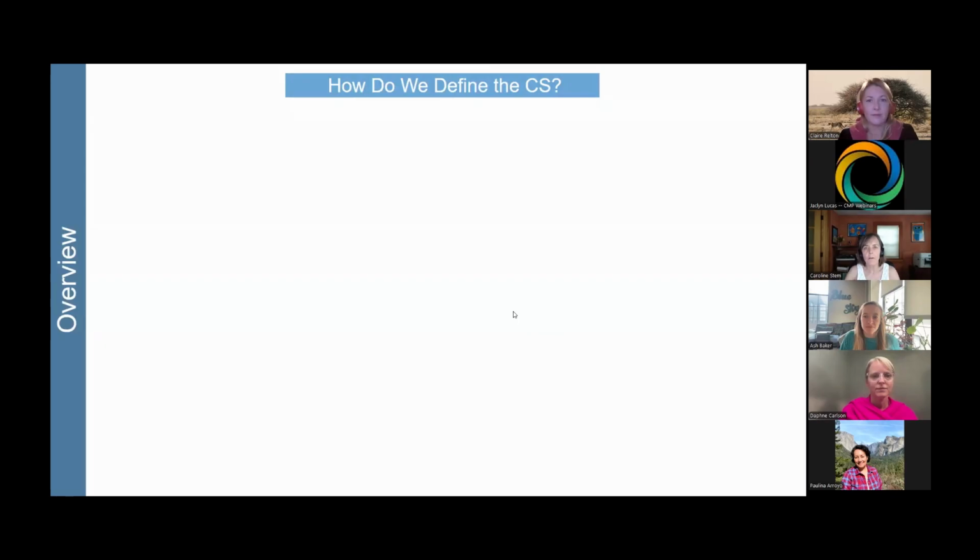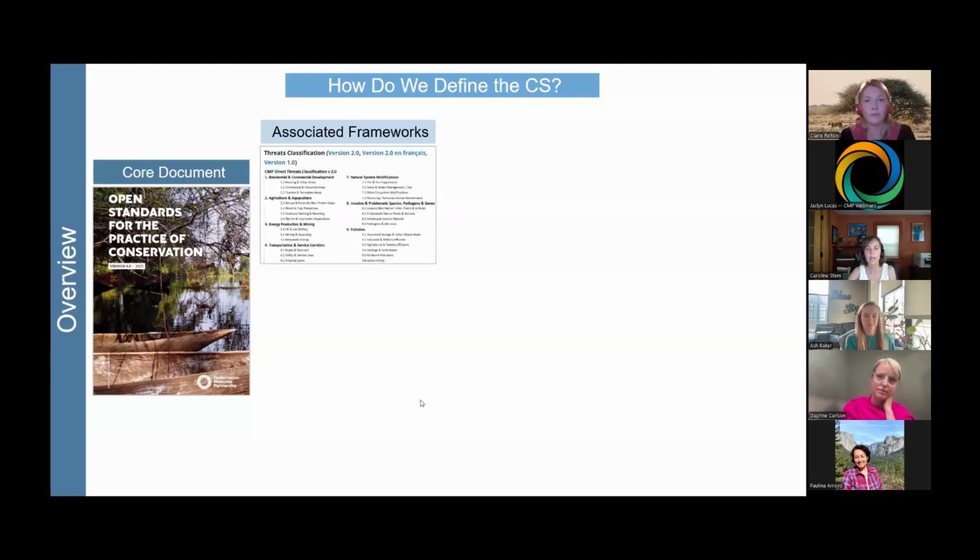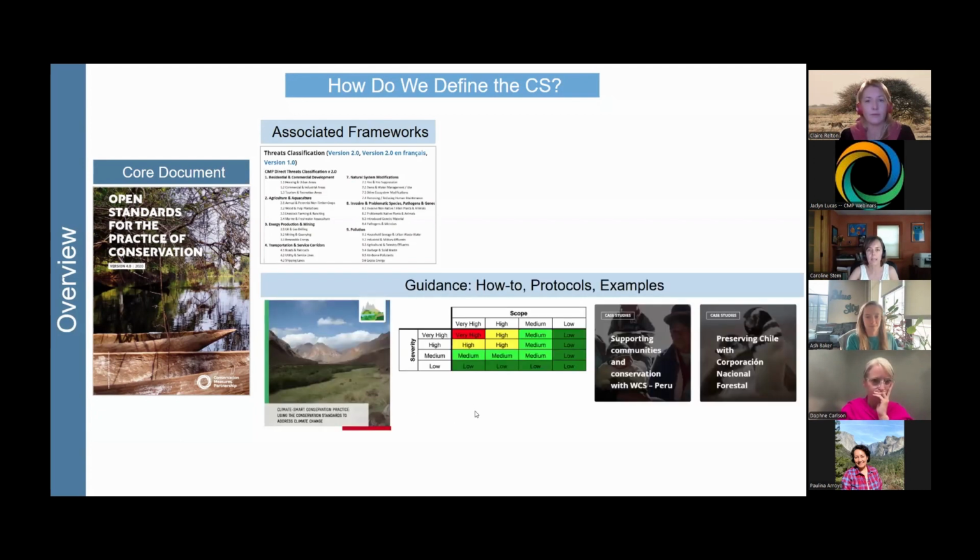Before going too far, though, I want to just get all on the same page about how we define the conservation standards. So there's the core document. You will probably recognize this, CS 4.0, and that has all the high level practices and principles. But it doesn't have all the detail about how do you actually take these high level practices and principles and put them into operation. And that detail and support comes through things like frameworks, the threats and actions classification, or